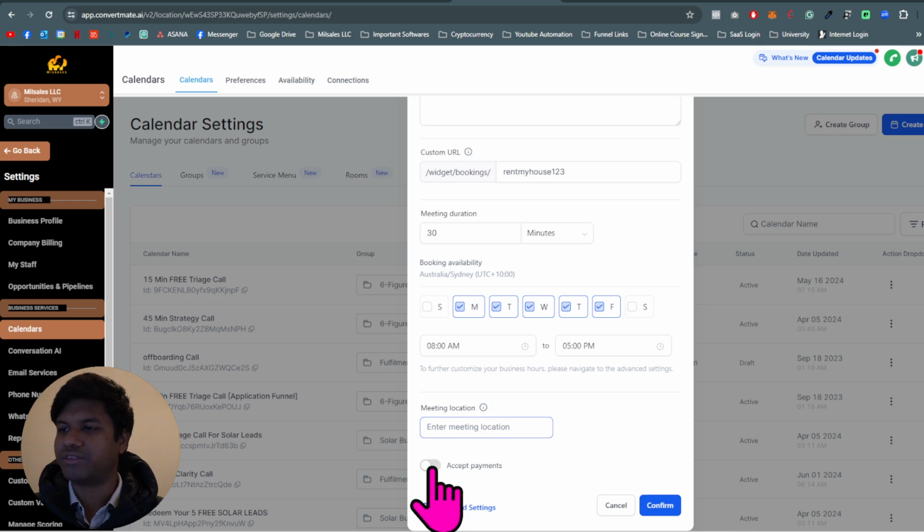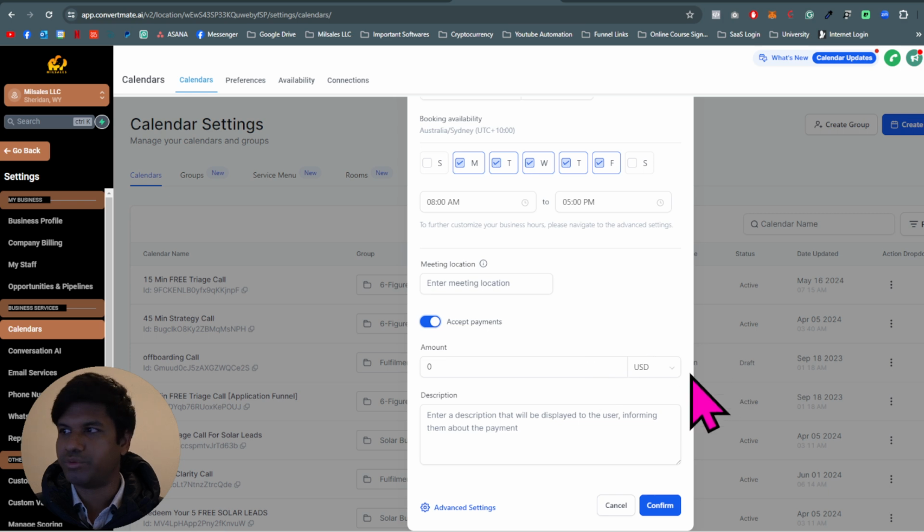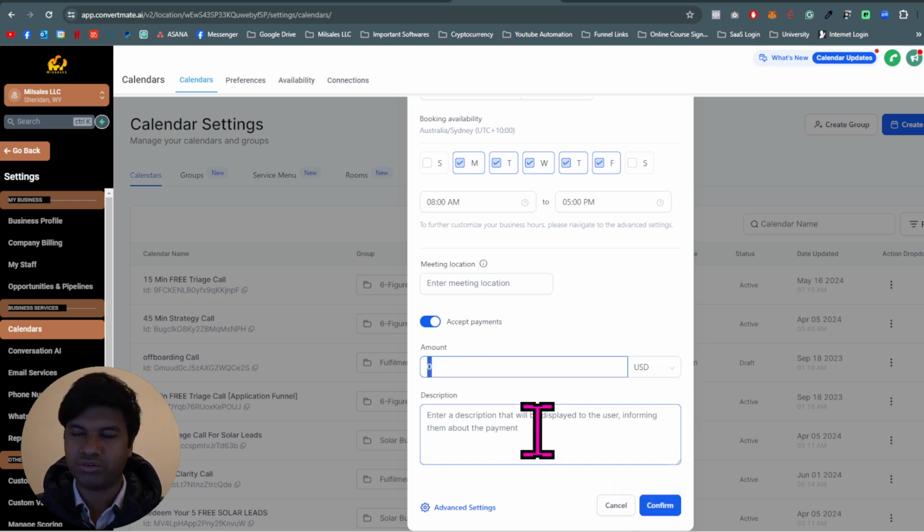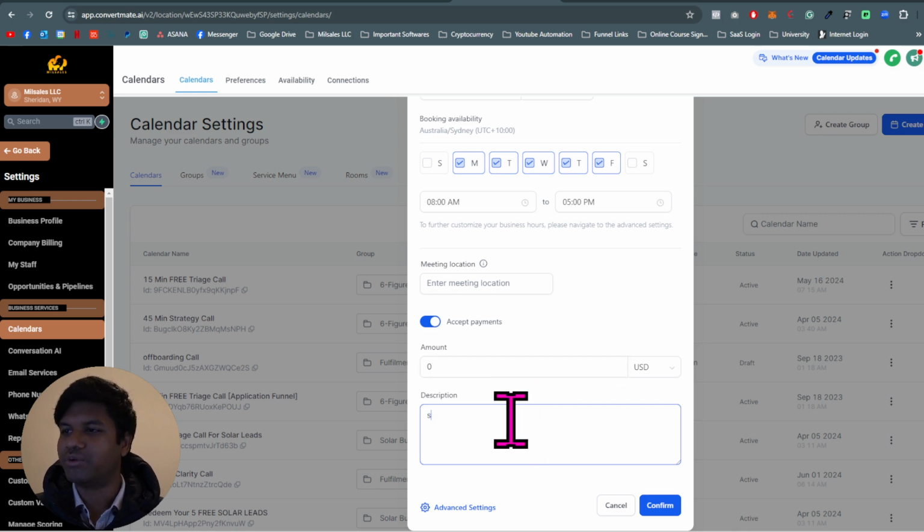You can also press accept payment if you want to be paid for this. You can select the currency as well as how much you want to be paid. You will need to have a Stripe linked to your account for this to work. You will need to write a description here as well, so just be mindful of that on what the product